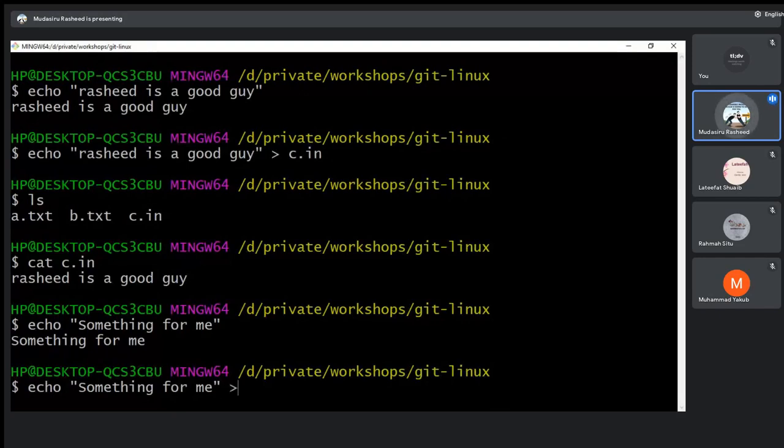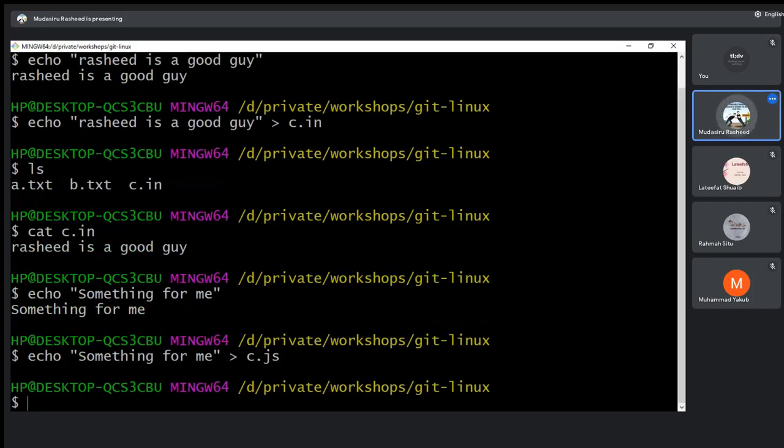Then I will add the greater than sign to be able to write it to a particular file, to push it to another file. I may decide to push it to any file. I can say, just push it to c.js. I want to echo something for me into c.js. It means put something for me in c.js.